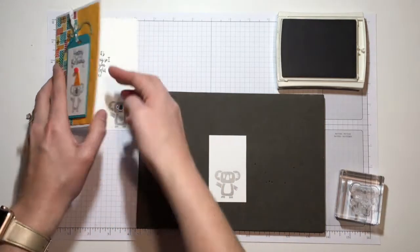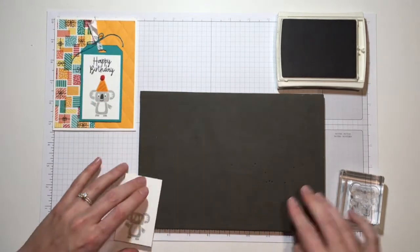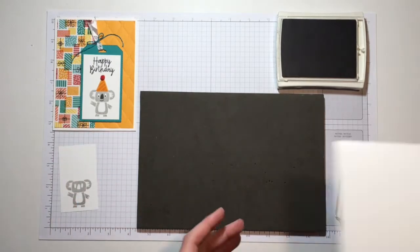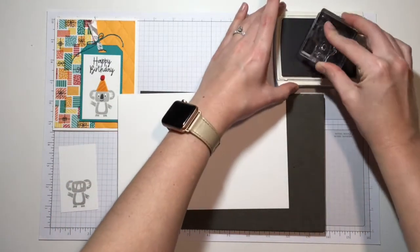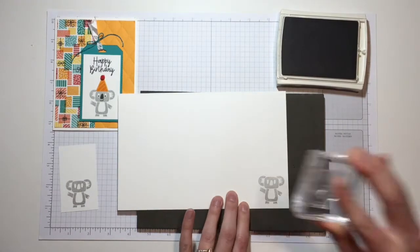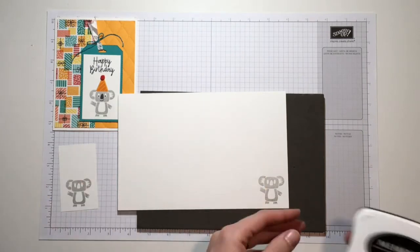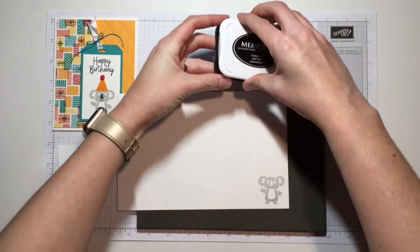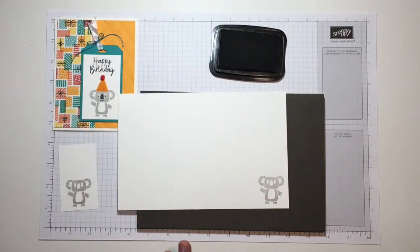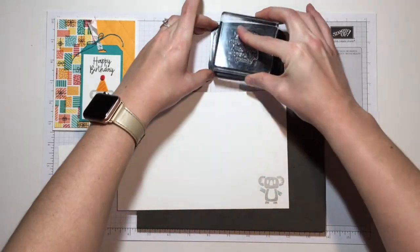For the inside of this card, I did also stamp another koala in the bottom corner. So while I have my Smoky Slate ink out, I'm going to go ahead and ink this guy up and stamp again. The koala's face, as well as the greeting both on the front and on the inside, are stamped using the Memento Tuxedo Black ink. So I'm going to start with my inside greeting,